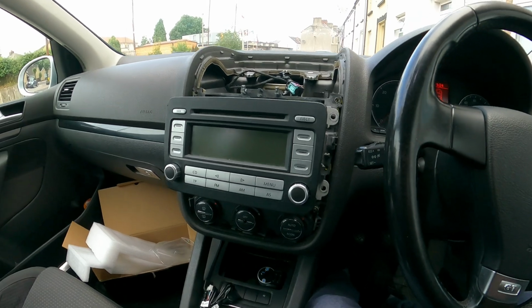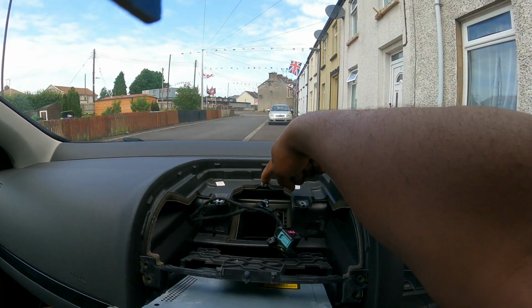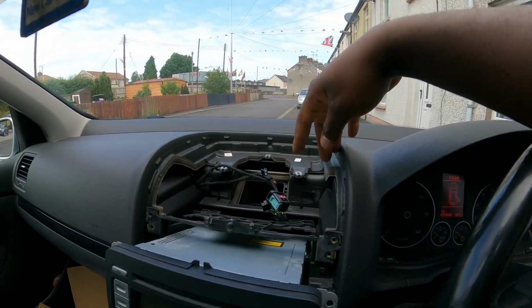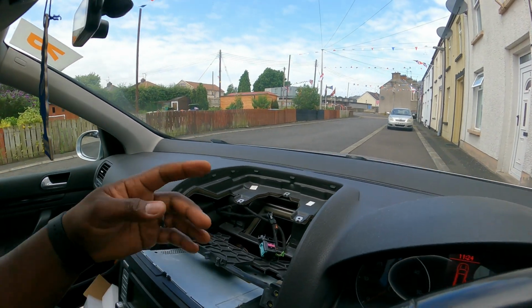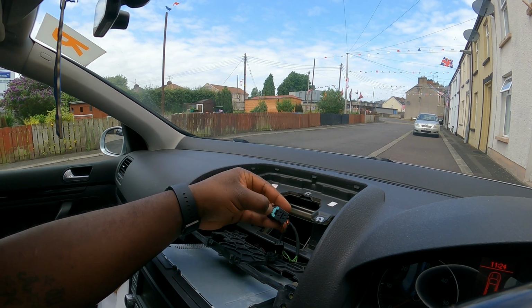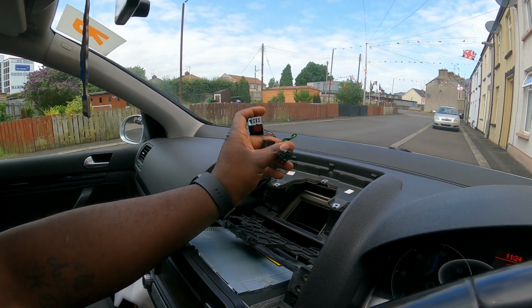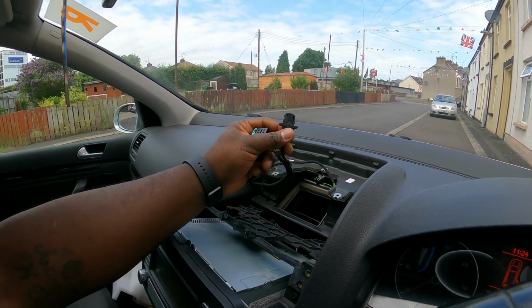Just a quick recap before we continue with the installation. You remove the first screw from back there. That's for that trim that the mesh sits on, and then you remove that. You have 2 screws here, again all T20s. You remove those. This is for the hazard lights. It's spring loaded, so you have to pull the spring and then pull the connector. That one is for the temperature sensor at the very top,